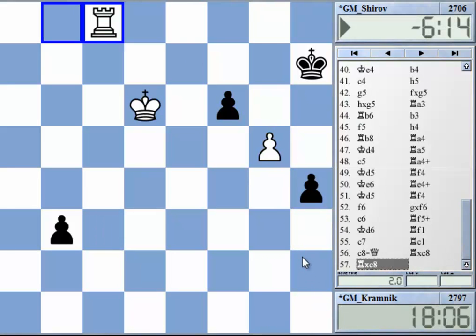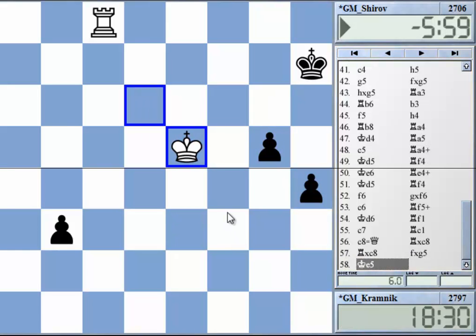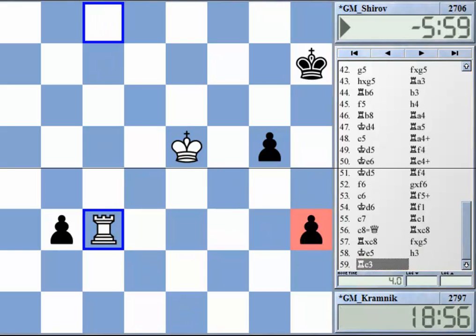What else could black do? Of course, he could just grab another pawn, and then white immediately needs to use his king, going this way or that way, so that the king can stop the pawns. For instance, h3 again, and now this important move again, attacking with check the h pawn. And here after g4,